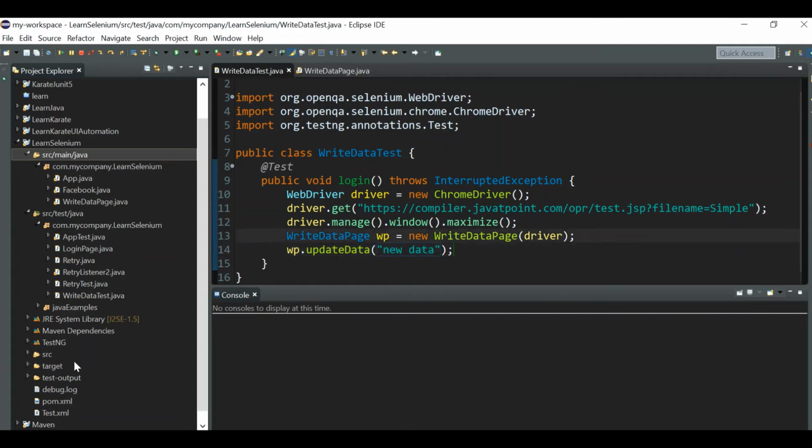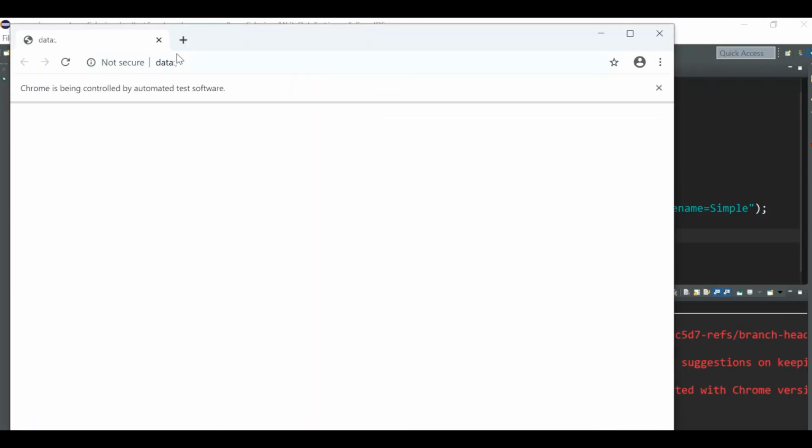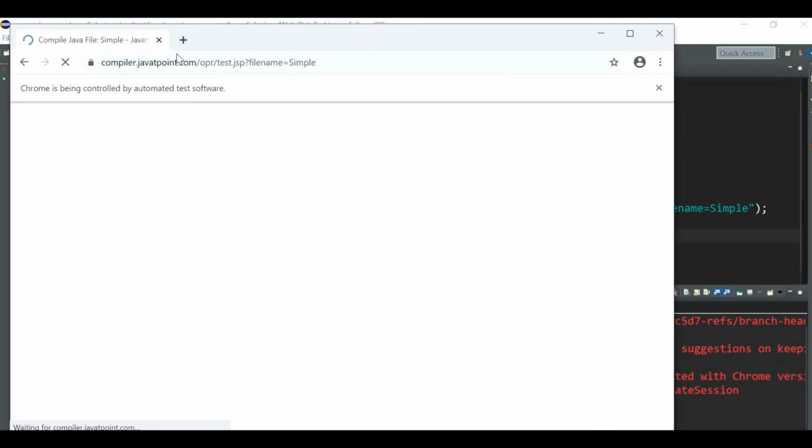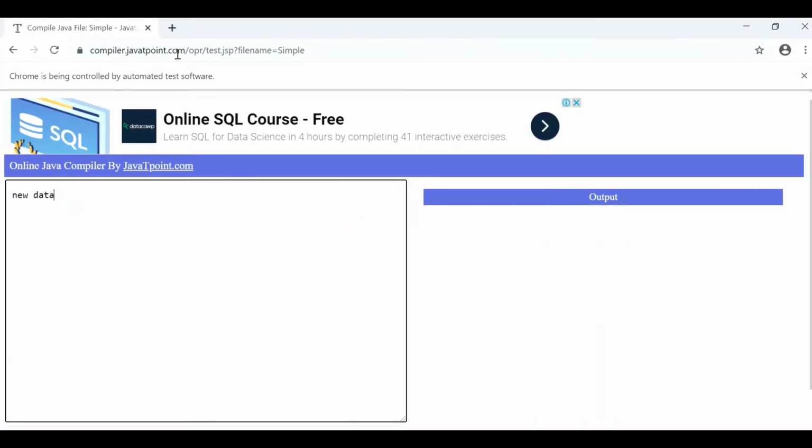Now let us run this file. It launched the browser. Now it should clear the data. Yes, it cleared the data and we have overridden the existing data with the new data, right?